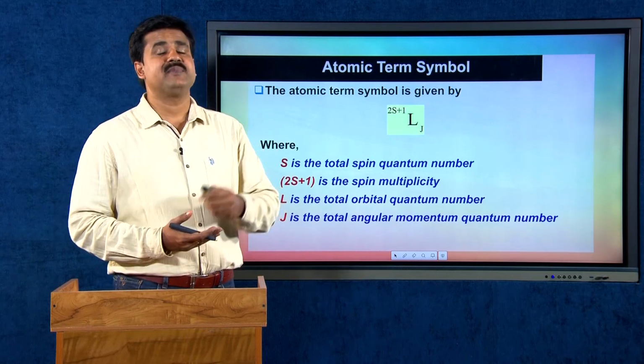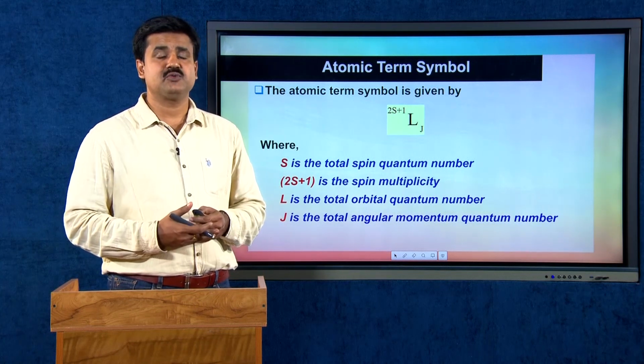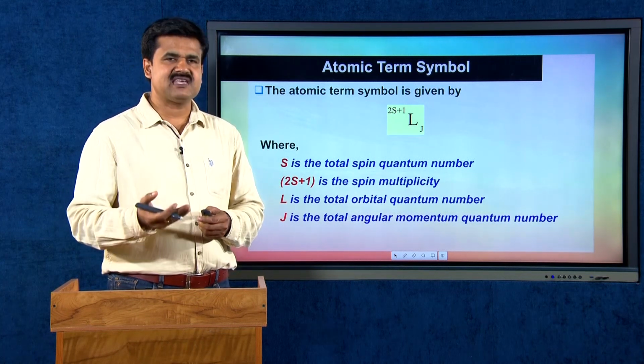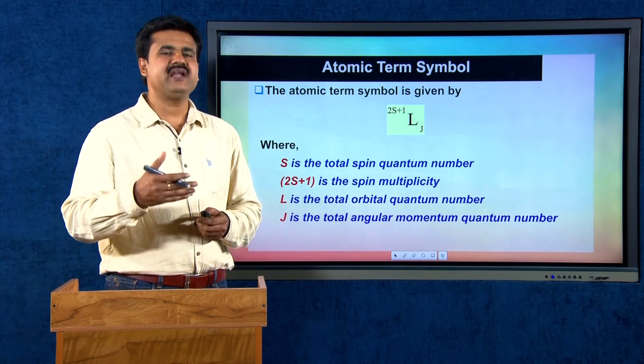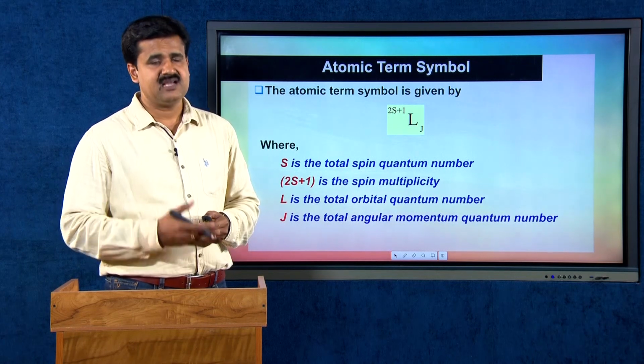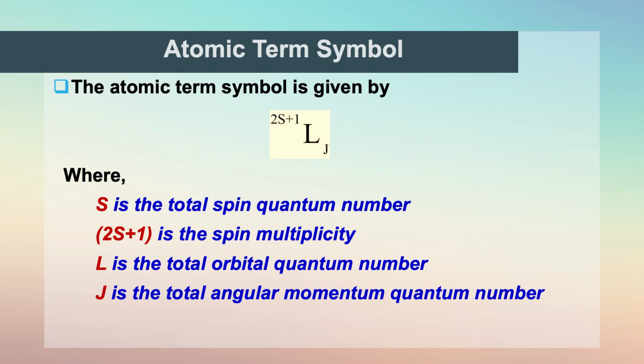Now, atomic term symbol. In atoms, electrons are present in atomic orbitals. So, we can represent electronic configuration of atoms. Based on a particular electronic configuration, we can derive a term symbol. So, the atomic term symbol is given by this expression. That is, atomic term symbol is 2S+1 L_J, where S is the total spin quantum number,